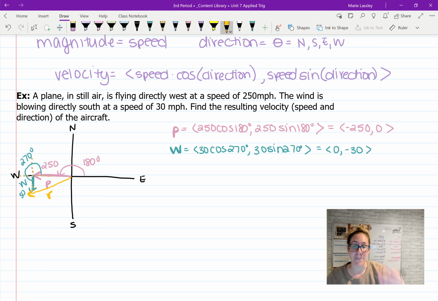That's how you would do these types of problems. Find the resulting velocity, the speed, and the direction. I don't know if this one actually wants us to find specifically the speed and direction of this aircraft, but we can do it easily. Let's just do it real quick. It's a nice refresher on how to find speed and direction. Speed is going to be our magnitude. To find the magnitude of this vector R, remember that's the square root, and then it's the Pythagorean theorem. So 250